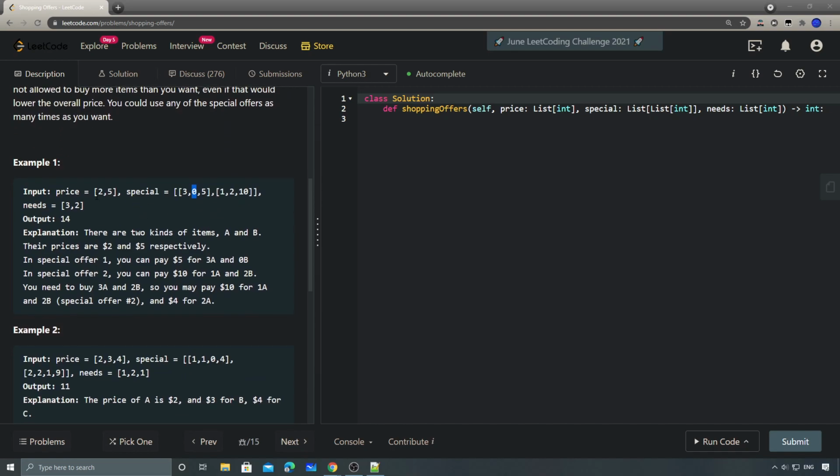That's why in this example 1 here, we want to buy 3 of the first item and 2 of the second item, and we have 2 special offers here. Sorry, this is the price, this is not the need. So the price is 2 and 5. We want to buy 3 first items and 2 second items. Maybe I should have used this one. That's why in this example 1 here,